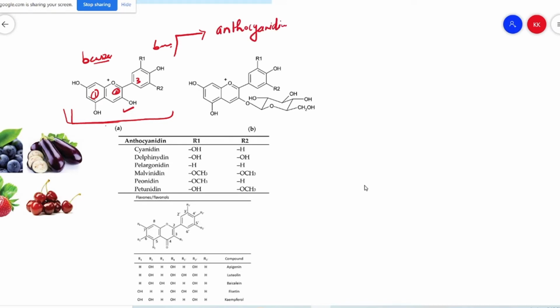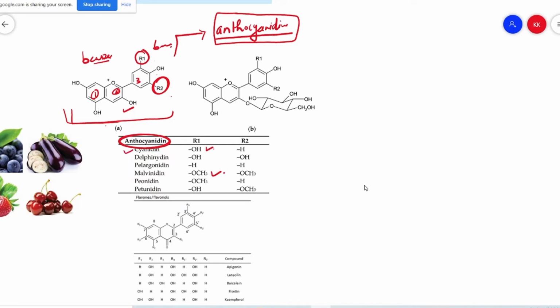Anthocyanidin. You should know about that because sometimes confusing questions can come from here. So when there is no other type of molecule present and there are only two benzene rings with the pyrylium ring, then this group is called anthocyanidin. And according to this structure, their R1 and R2 positions vary. There could be a hydroxyl group, there could be an acyl group present in their structures. So according to the variation in R1 and R2, the anthocyanidin molecule is of various types.